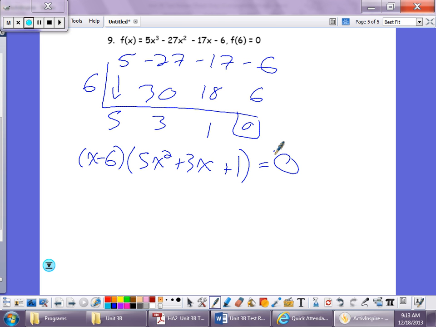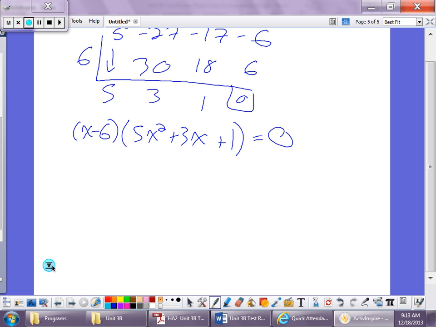And it wants me to solve for my remaining zeros. This is not going to factor, so what I have to do is quadratic formula, okay? So your zeros are going to be x equals 6, and then you're going to get negative b, so negative 3, plus or minus the square root of b squared, 9, minus 4ac, so that's going to be negative 11